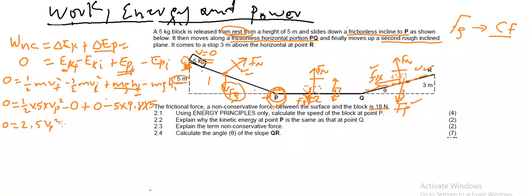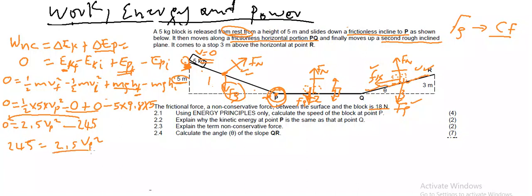Vp squared. The 0 and 0 are finished, then minus, we use the calculator again, so it is 2 and 245 here, so we have 245. Then you want to solve for v, therefore let's transpose this one. When we transpose we change the sign, so we have plus 245, which is equal to 5 times 2,5